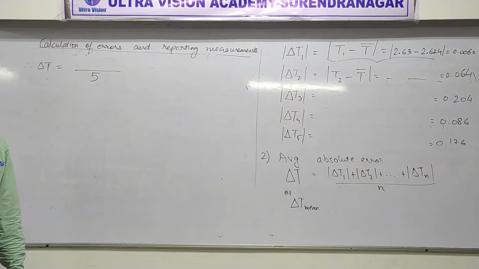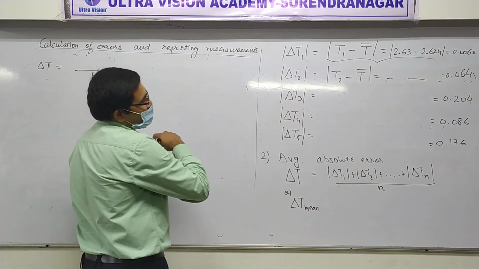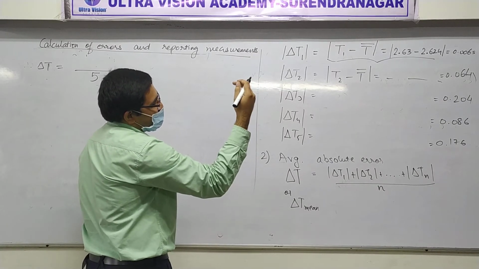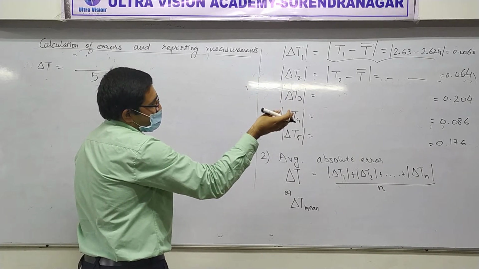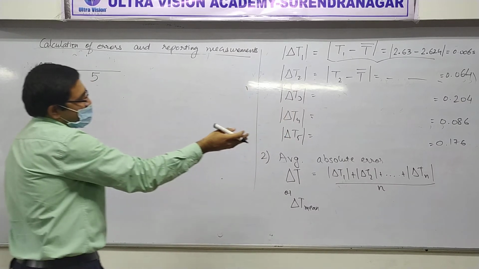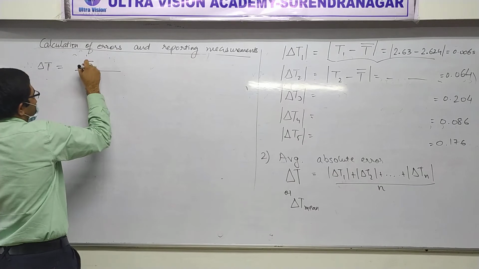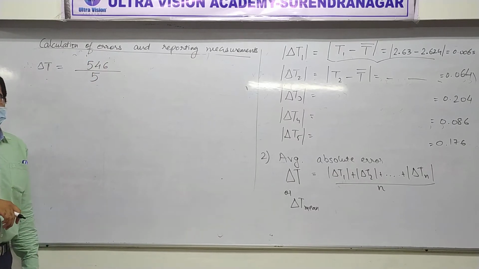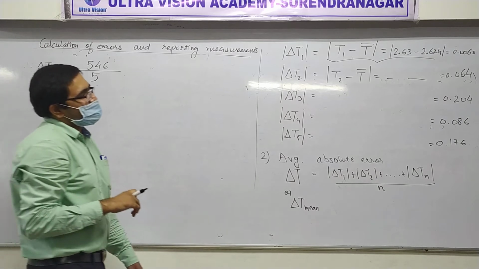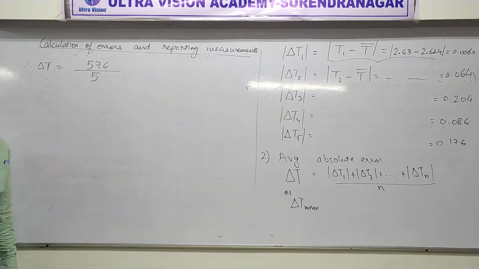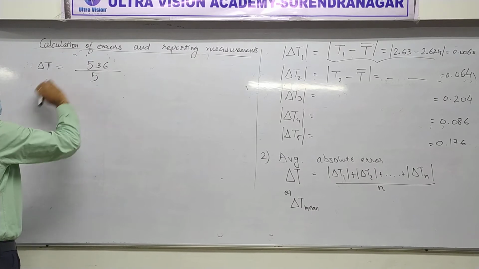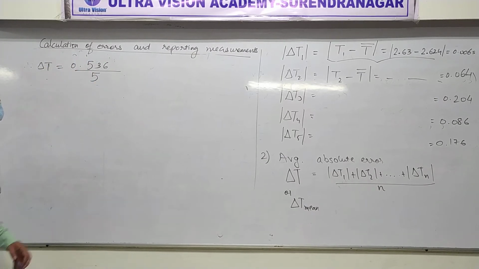0.536. Yes. Let me add, let me confirm. 80, 284, 370, 540, 546. 536. Yes. Sure? Yes. 70, yeah, I said 80 over there. Yeah, you're right. 536. Yes, sir. True that. 0.536. Clear?